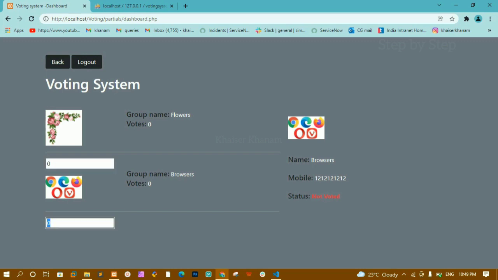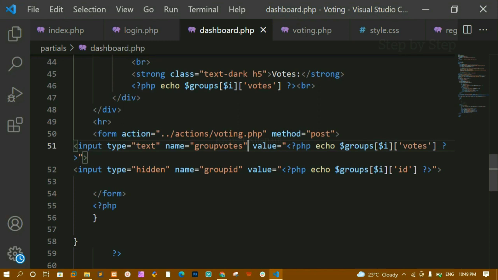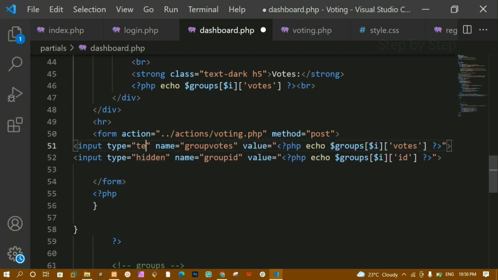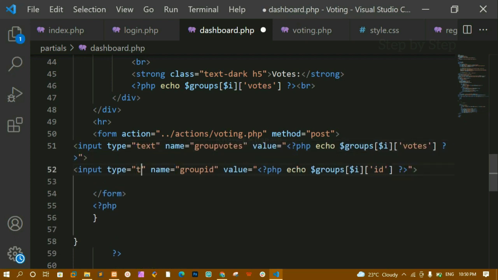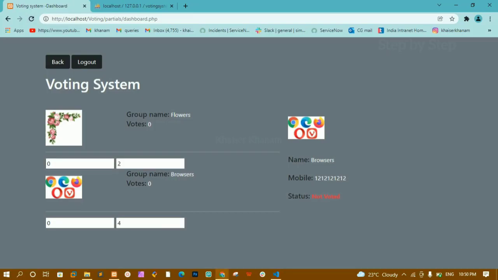You can see inside this I'm having this 0 value because inside votes I'm having this 0. So here I'm getting this value as 0. Once the value gets updated inside that input field, that value will be stored and displayed for me. So here I'm going to give hidden. Let me just show you here. I'll give text here and also text here. Now 2 input fields will be displayed for both the groups. You can see now here I'm having this 2 and here I'm having this 4